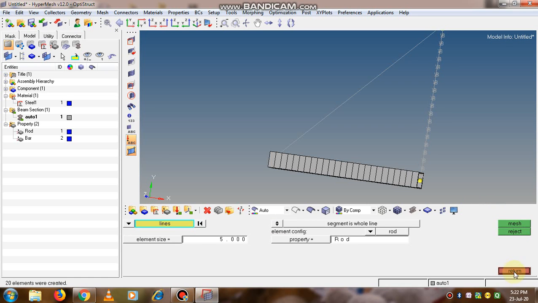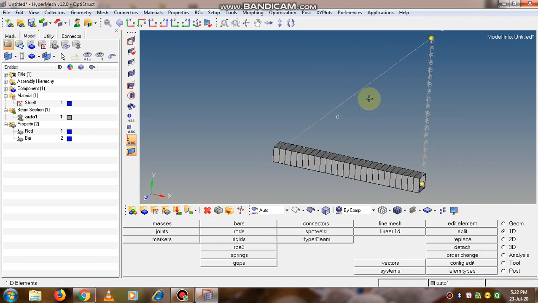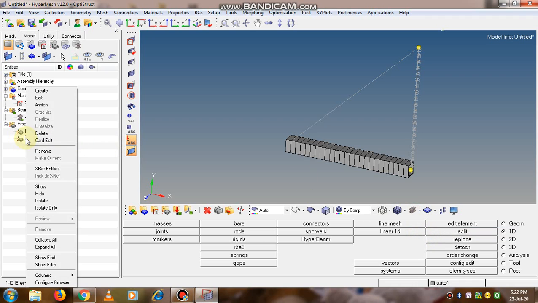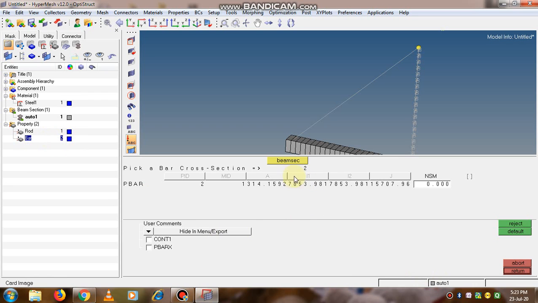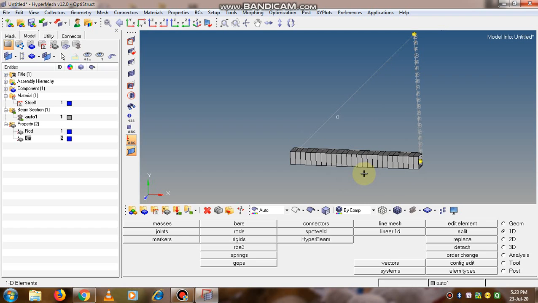So now here the bar property is assigned. So if you go to the card edit option, so thus the bar properties assigned to the second line as well.